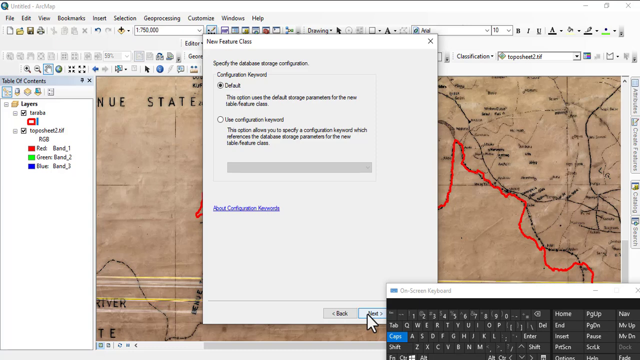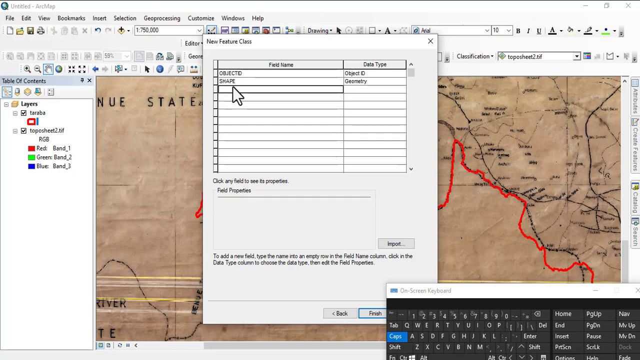We already have the coordinate system defined inside the feature data set, so there's no need for defining another one. Then we'll go to next. Now here we're going to create a field. Anything you type here will become a field. So just type a field of name,